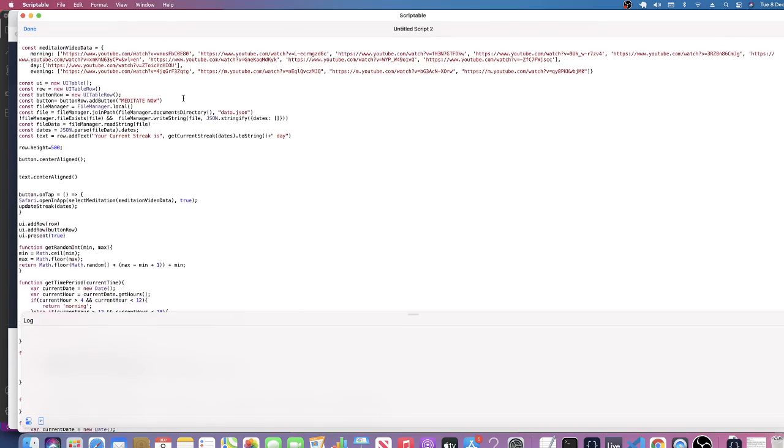So hopefully you can see the code here. I'm just going to run you top to bottom. What we have is a bunch of meditation videos, a bunch of YouTube videos. We've separated them into morning, day, and evening. This is going to be based on time. So if I get up in the morning, it's going to pick me a specialized morning meditation. If it's in the evening, it will pick a sleep or an evening meditation and give me a random one of these